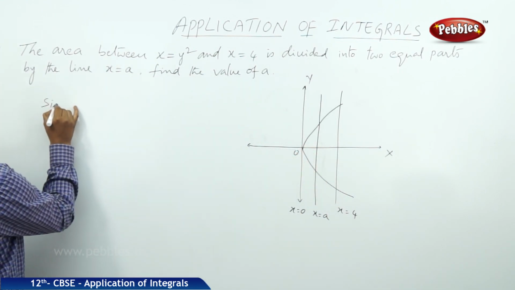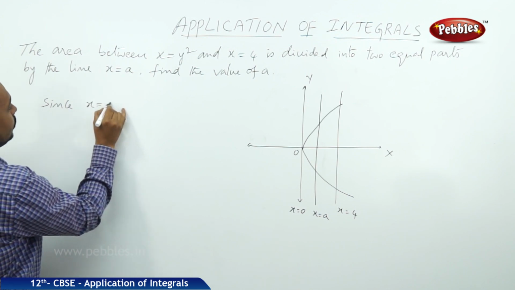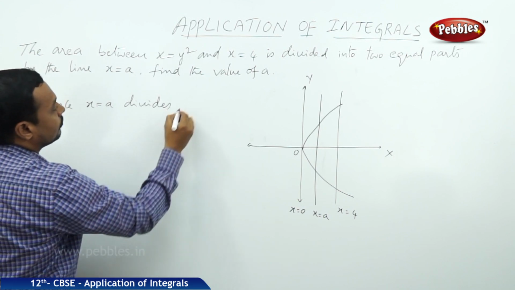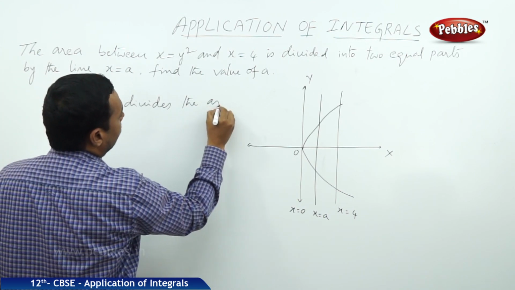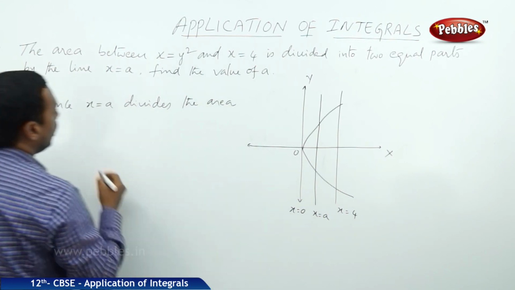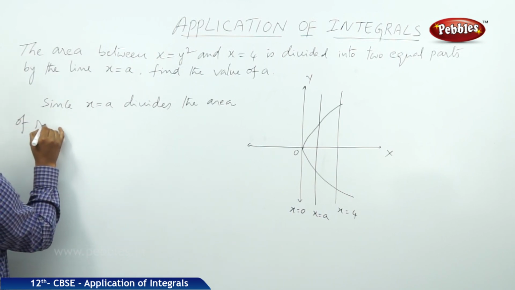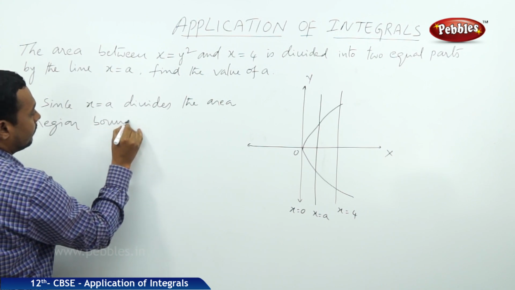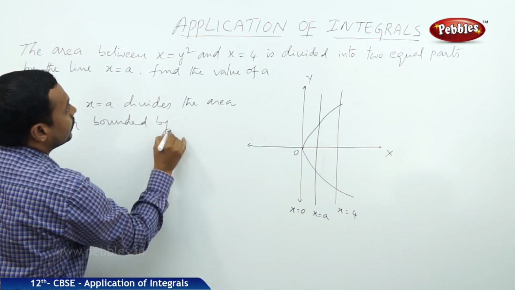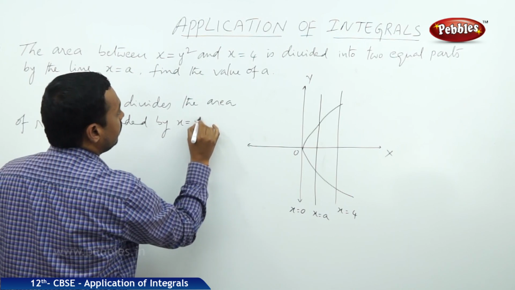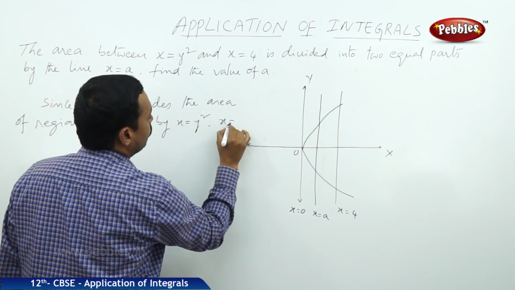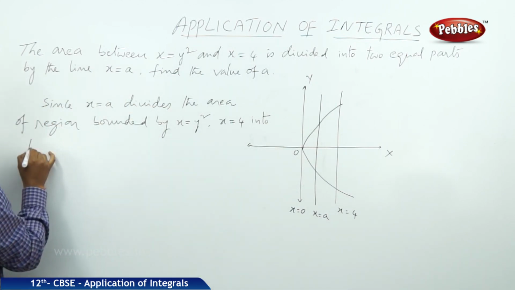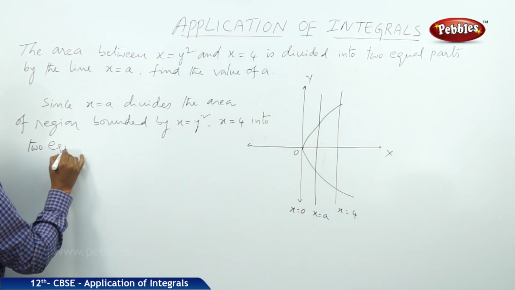Since x is equal to a divides the area of region bounded by x is equal to y square and x is equal to 4 into two equal parts, then